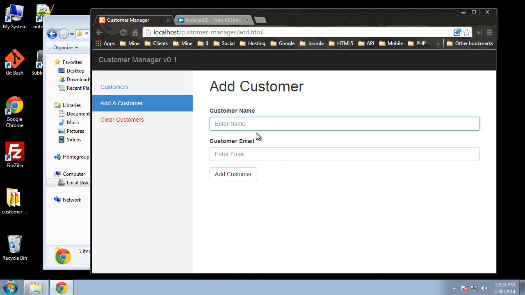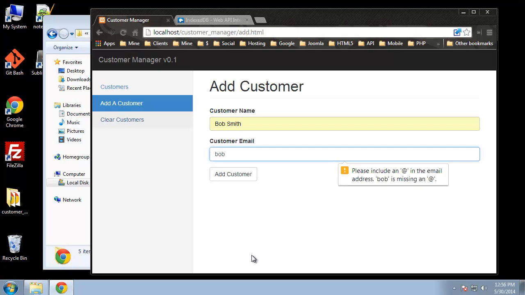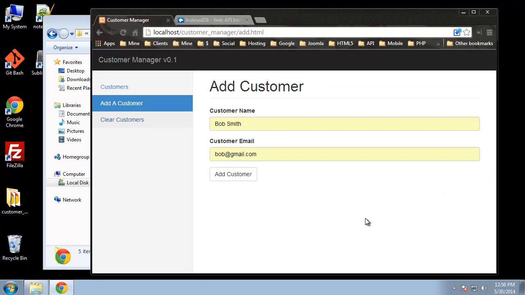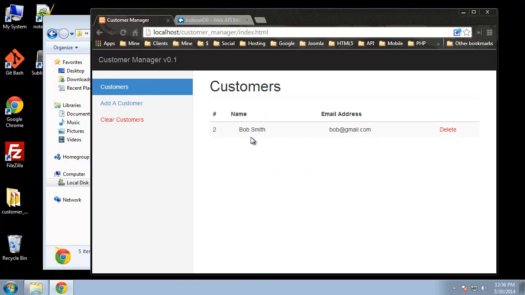But let's go ahead and add a customer, make sure it's working. Okay, so we'll say Bob Smith. Now if I just say Bob here, we're using HTML5 input fields, and this is an email field, so it should do validation for us automatically without JavaScript. So you can see if I click Add Customer, it's going to tell us it's not a valid email address. Okay, let's put an email in there. Okay, Add Customer, and it goes to the list page or the home page, and